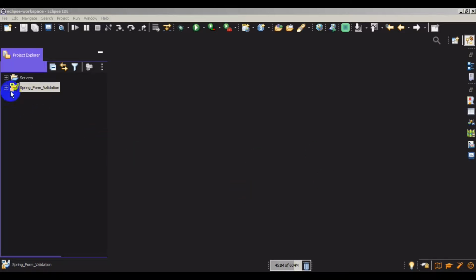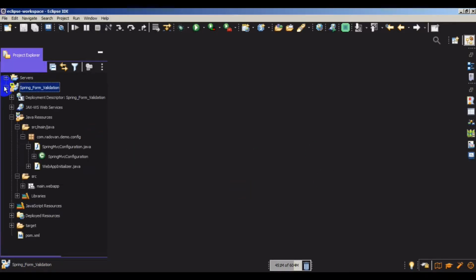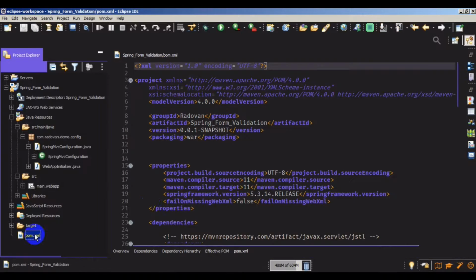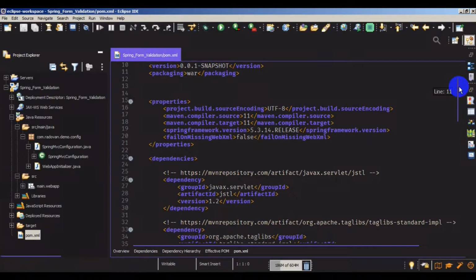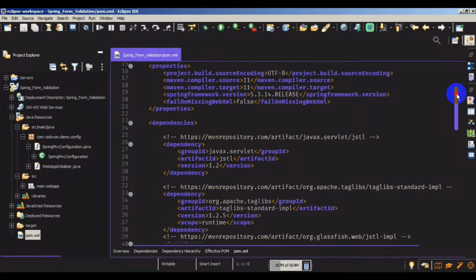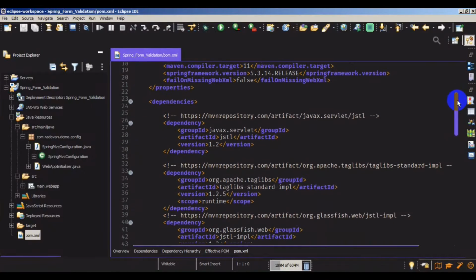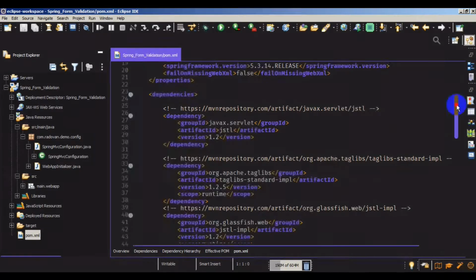And I have created a simple project. I hope that you already know how to create a Spring Framework project. Let me show you the POM. In the POM, we have the properties like in the previous tutorials. We don't have any changes, but I have added some more extra dependencies because we will be using a standard tag library, and I have added these three dependencies: